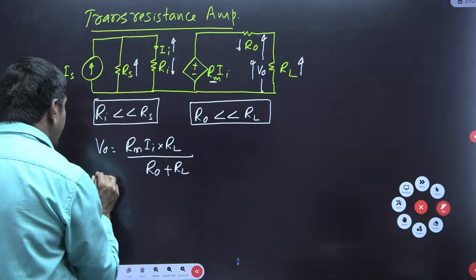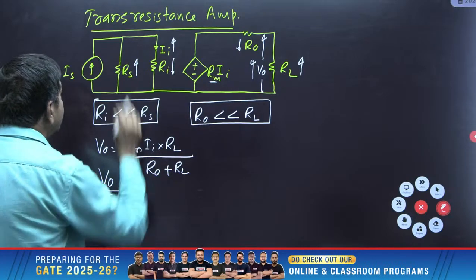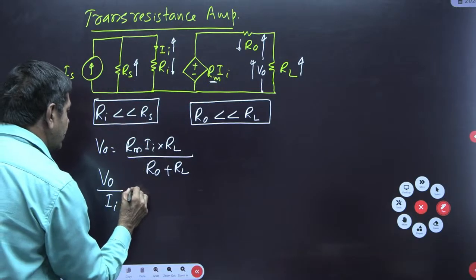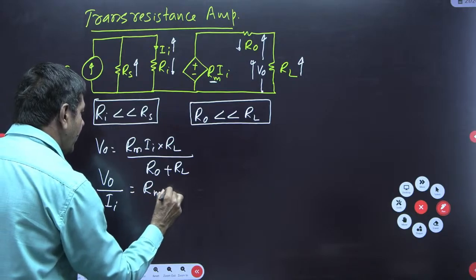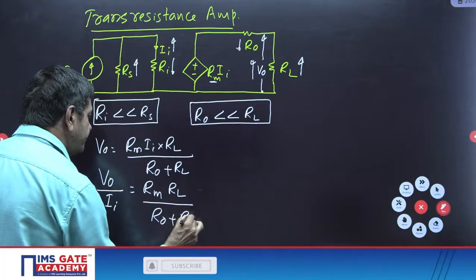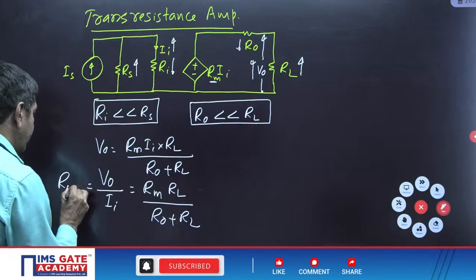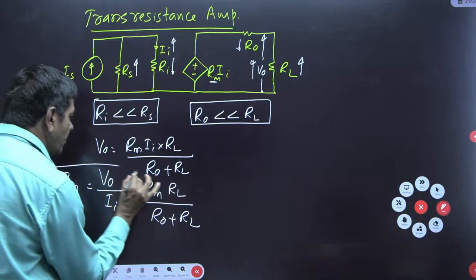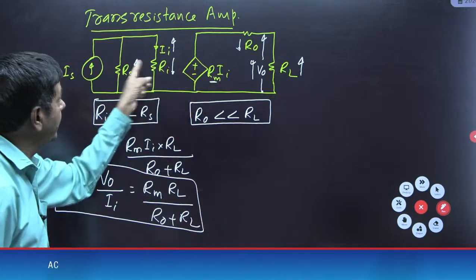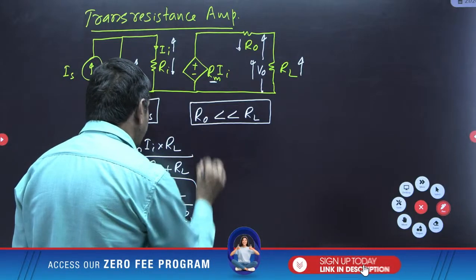Sometimes you may ask what V naught by Ii equals for the transresistance amplifier. That value is nothing but Rm into RL by R naught plus RL. But V naught by Ii, I will denote as capital M. So suppose you are asked capital M, this is the formula. If you are asked to find the small m,